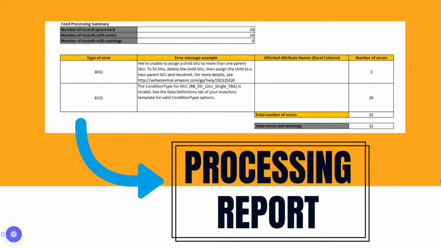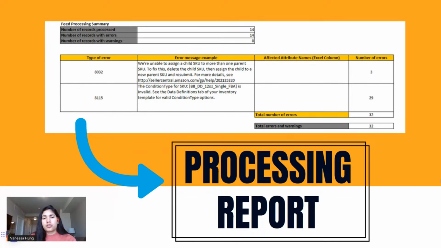So this part of the structure is basically a summary of all the issues that are happening in your listings. We have the error type, a number, and then the error message, which is the explanation of what that error is.